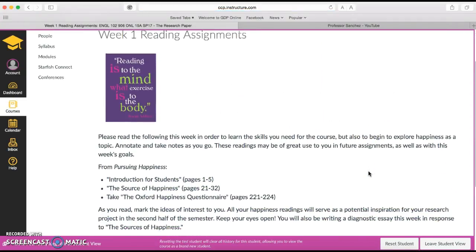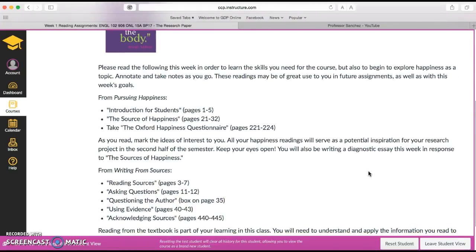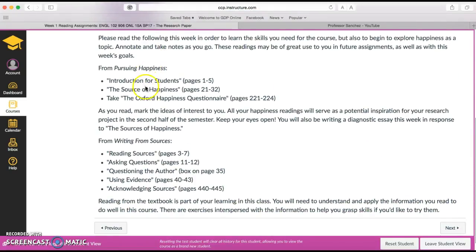This next page gives you the weekly reading assignments. So you'll have some reading to do from both of your textbooks this week. And it looks like a lot, but actually a lot of the pages, it's just a few pages here and there. Know that the beginning of this course is full of a lot of reading, and that's just the way